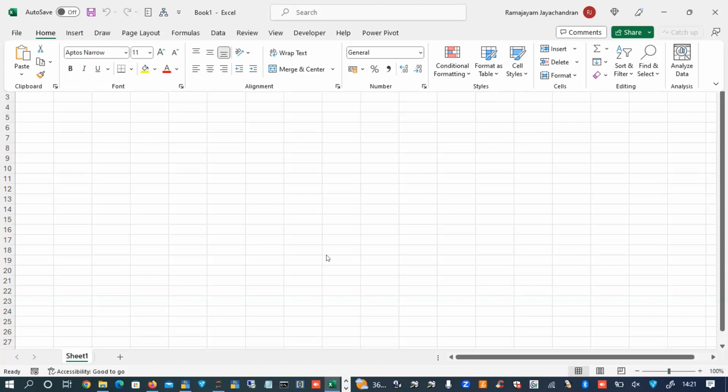For example, Python can do a machine learning process. Python can do image processing. Python can read from an image and convert it into text. Python can read a PDF file and convert it back into Excel. You can do a variety of things, not only specific things. So for doing a variety of things, we require libraries in Python.